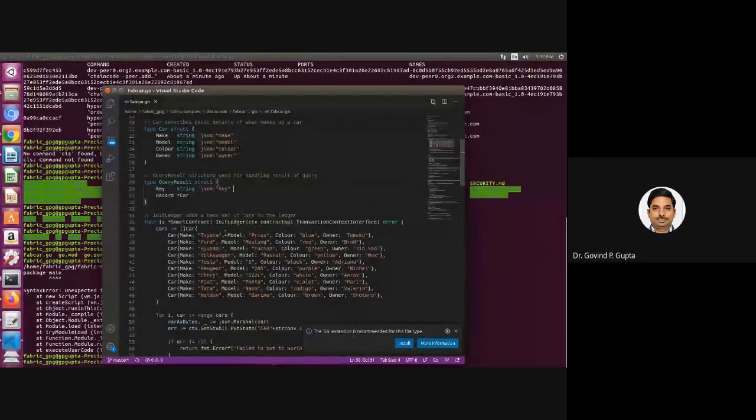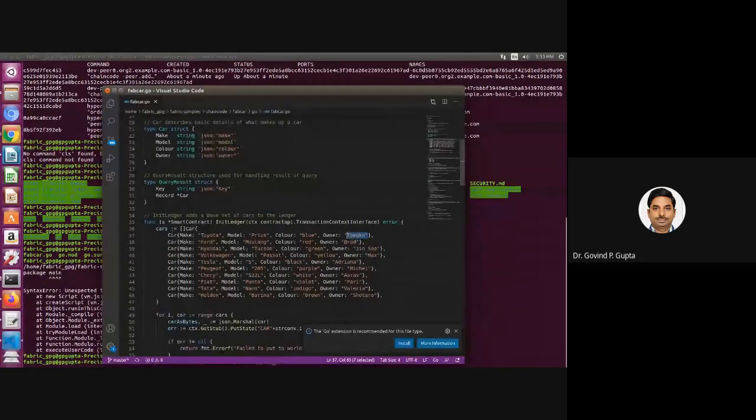Now, in order to initialize some parameters, meaning the initial value of the ledger, we simply create a function, and by default I have put in some cars that are available to a seller. You see that by default some values are initialized: the car's make is Toyota, the model is this one, the color is blue, and the owner is Tomoko.